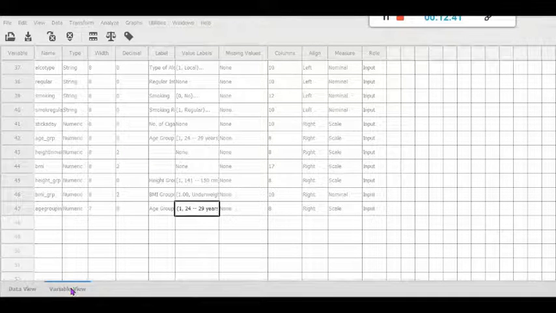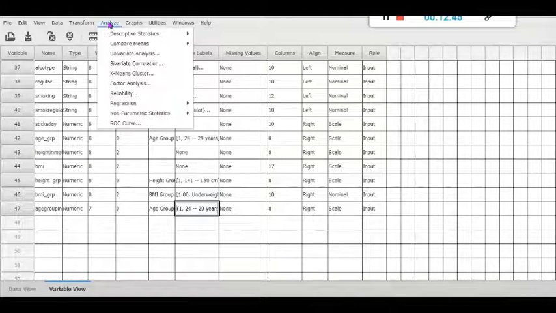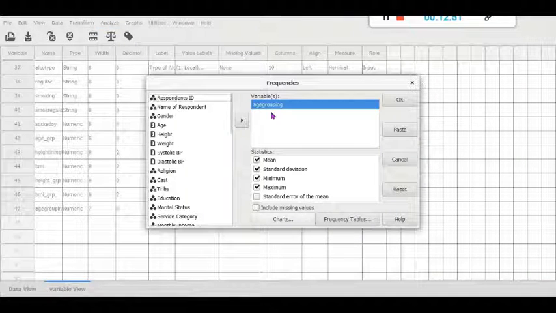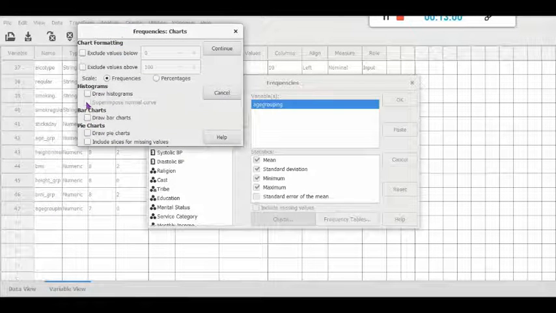Again, we can draw some graphs also in the analysis part using the same variable. Again, go to analyze, descriptive statistics, frequencies. Age grouping, the variable is already there. Then go to charts. Then you can click histograms, draw histograms and bar charts.